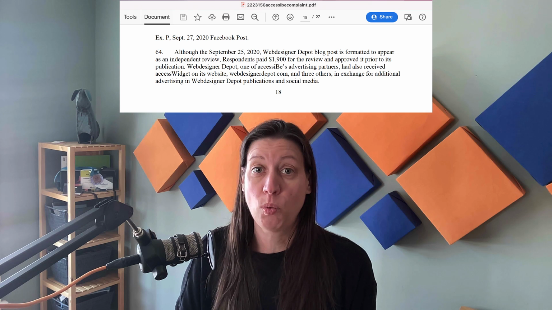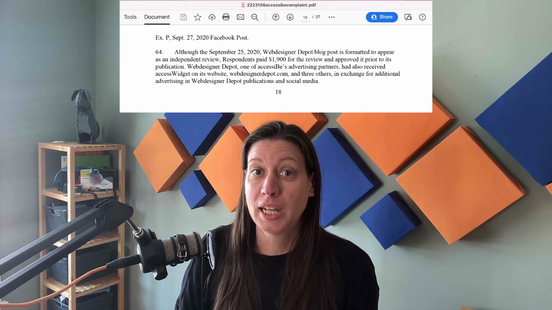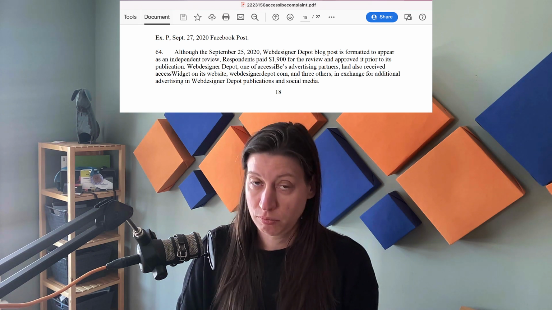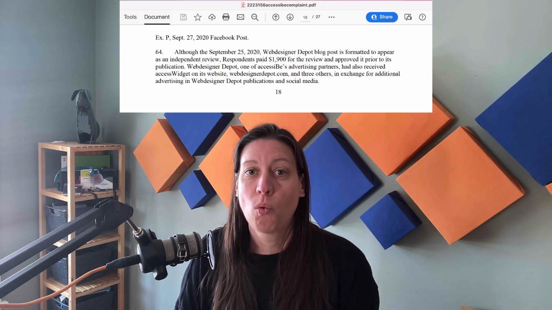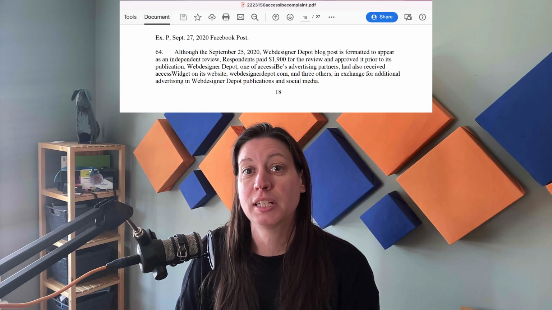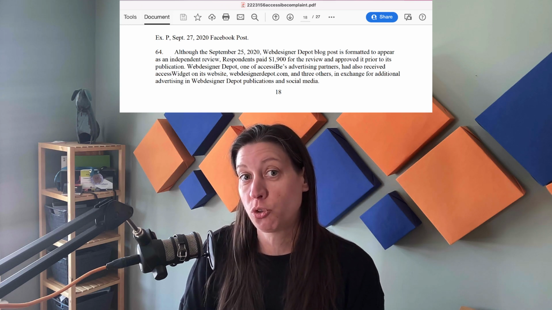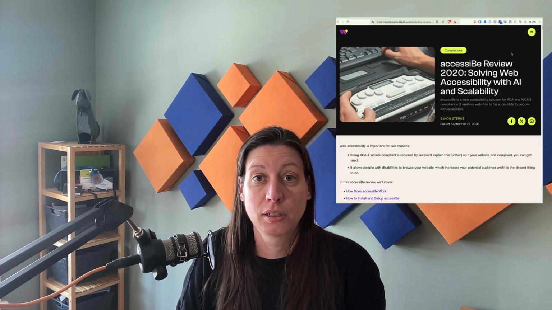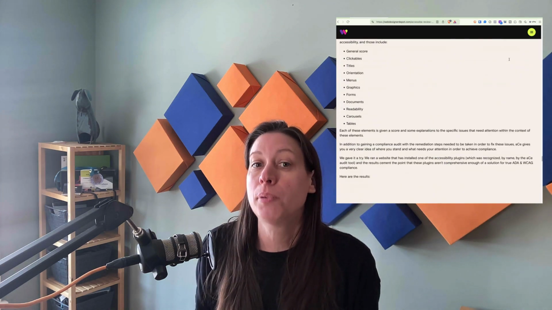Web Designer Depot, one of accessiBe's advertising partners, had also received Access Widget, the overlay, on its website, webdesignerdepot.com, and 3 others in exchange for additional advertising in Web Designer Depot publications and social media. Not only that, the blog post did not originally disclose the relationship with accessiBe. According to the complaint, it was only after Web Designer Depot got backlash from readers that they added in small print at the end of this enormously long post that it had been published in partnership with accessiBe.